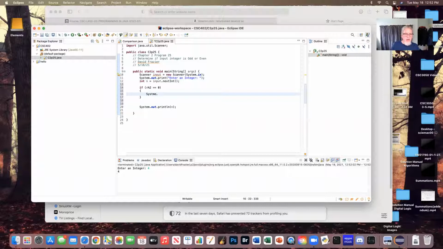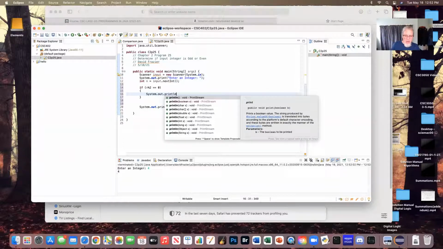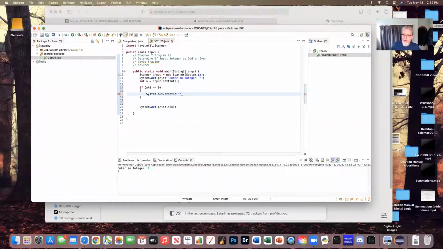So I can do my System.out.println, because I want it to be a new line character, even. Okay. We don't know about else yet, so I'm going to have to do this as a separate one. So let me do an if. The opposite of that then is if n mod 2, so I take my n and divide it by 2, if it does not equal 0,